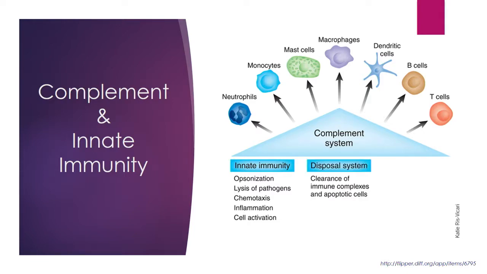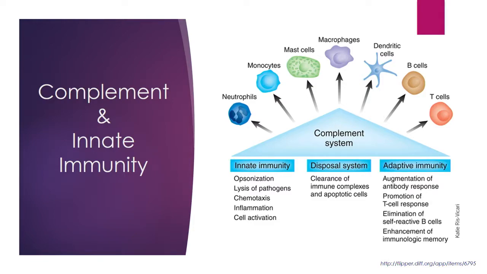It also is very vital as a disposal system in physiology and homeostasis. So it clears and solubilizes immune complexes and gets them cleared from circulation. It is also very important for clearance of apoptotic cells. And how we got into complement was our work in understanding the immune response in heparin-induced thrombocytopenia. So it has a very vital role in adaptive immunity. So an impaired complement system affects the adaptive immune response and its ability to recognize pathogens that it needs to make antibodies to.